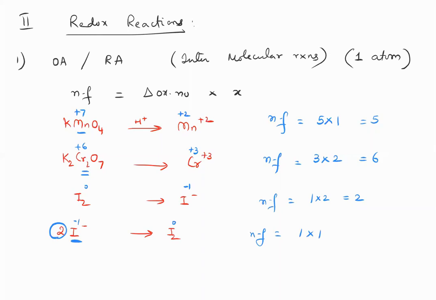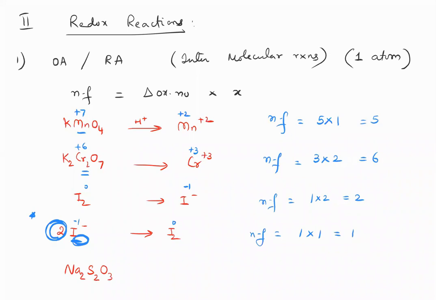Don't write the 2 outside. The coefficients outside, you don't have to see. Atomicity is how many you have here. So the answer is still 1 into 1, 1. You might be tempted to make a mistake here, so be careful. The 2 on the balancing part doesn't matter. The 2 which is with the atomicity matters. Even if you have more than one atom and even if only one of them is changing, in those cases too, it doesn't matter. You'll anyways take the average.